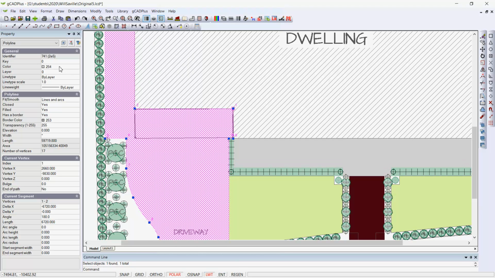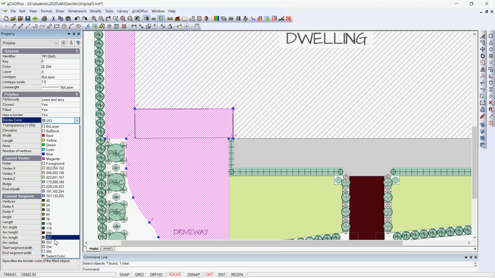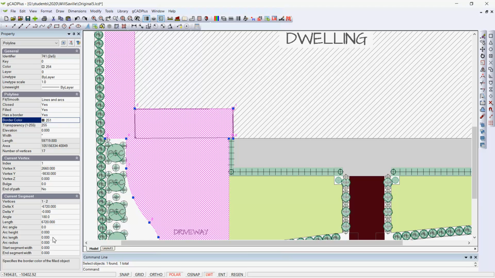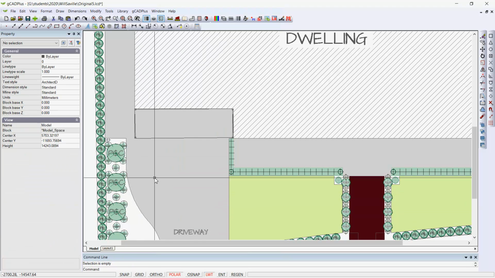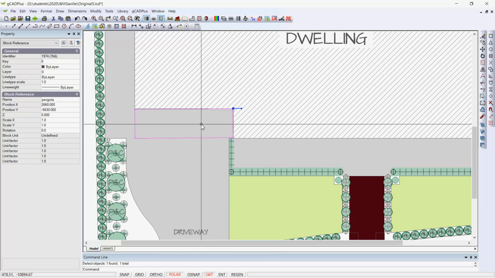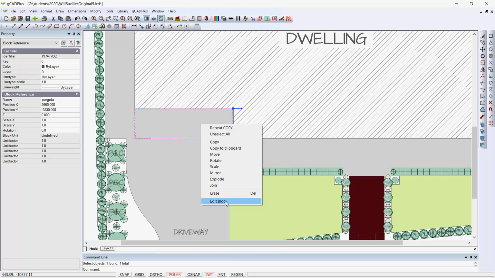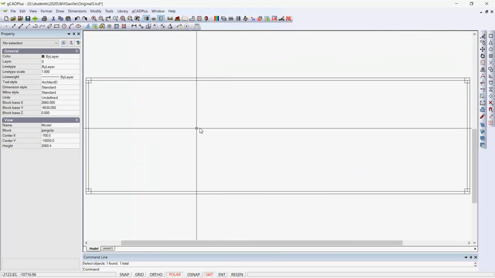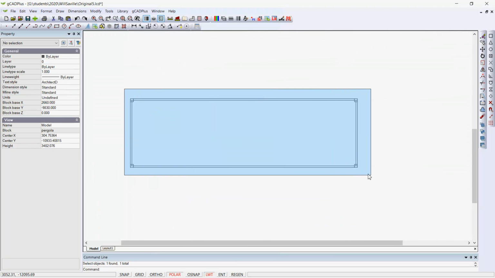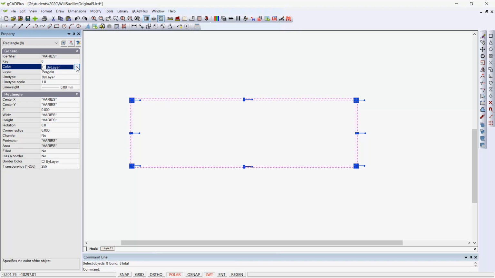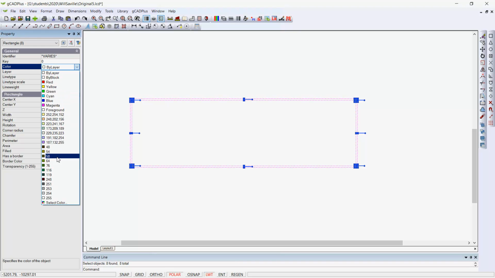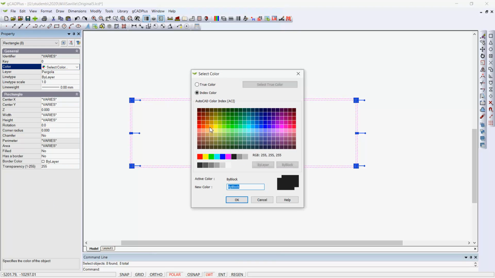Its colour is set to 254. It does have a border, currently set to a very similar colour. Let's make it stand out by giving it a border, a sharper border. And while I'm at it, I'd probably be inclined to pick that block and edit the block, possibly change the colour to a fairly obvious timber colour,